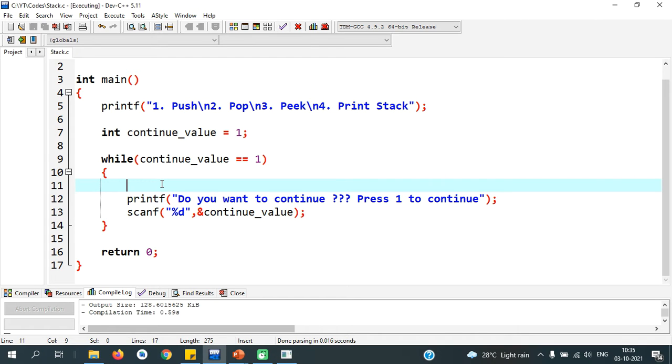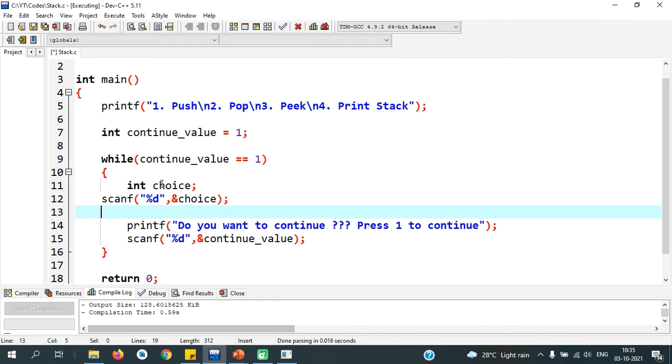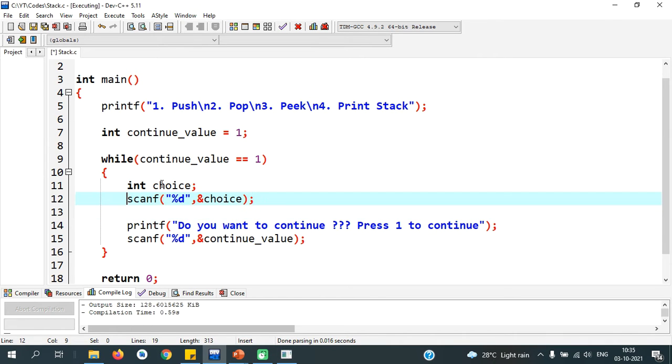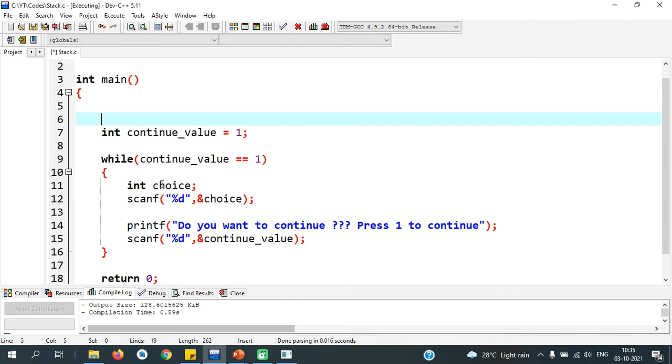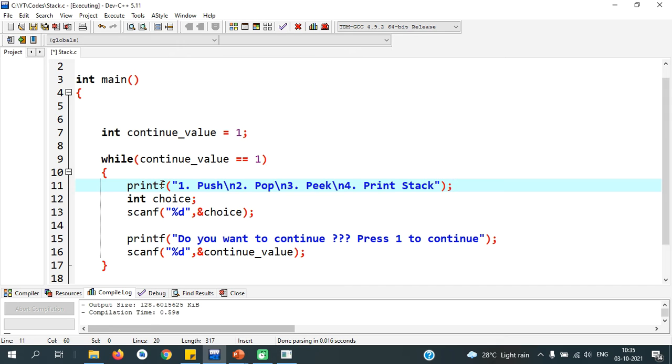You will understand after a few more lines of code why this while loop is necessary. This printf statement must be present inside the loop, so that every time the user enters something, he will get the answer.